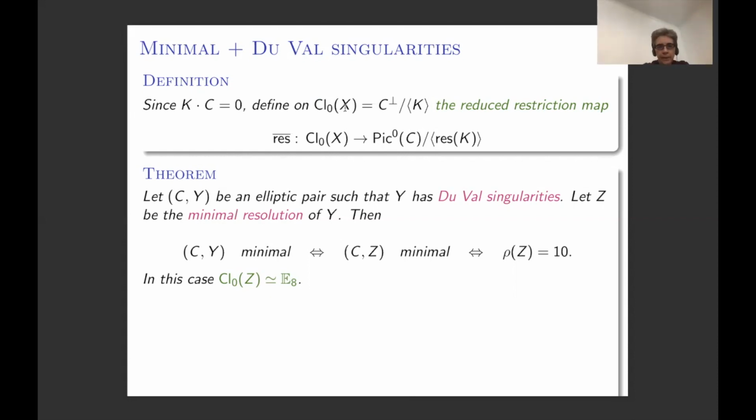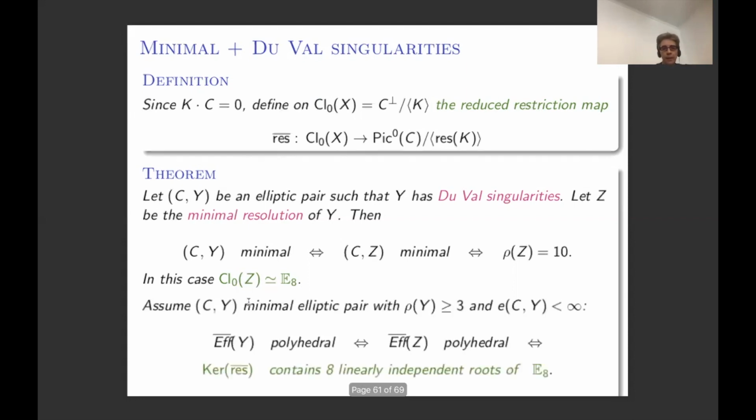In this case, this what I call CL0 of Z, this quotient, together with the intersection pairing on Z, we can prove this is in fact the lattice E8. And now here is our criterion for polyhedrality, when the order of the elliptic pair is finite. So we need to assume that the pair is minimal, that the Picard number of Y is at least 3. So in this case, the effective cone of Y is polyhedral, if and only if the effective cone of Z